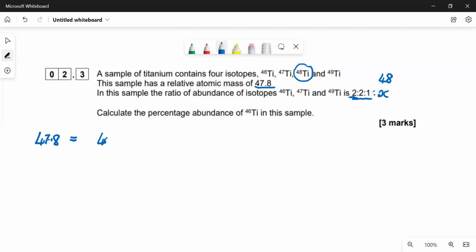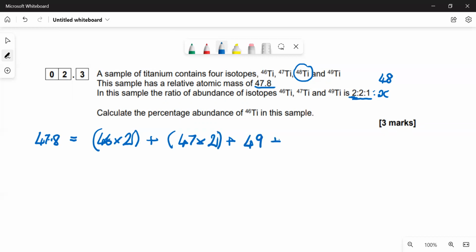So you're going to have 46 times 2, plus the abundance of 47, and that's 2 as well, is it? Yep. Plus the abundance of the 49, which is 1. So that's just 49 multiplied by 1,